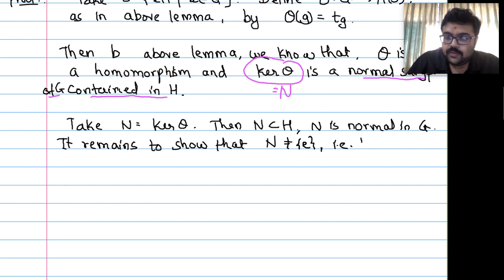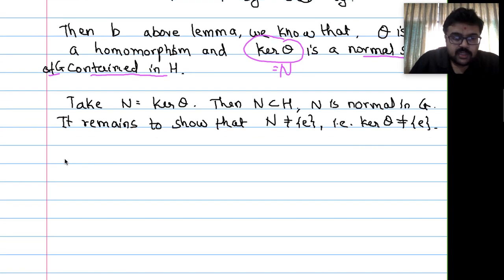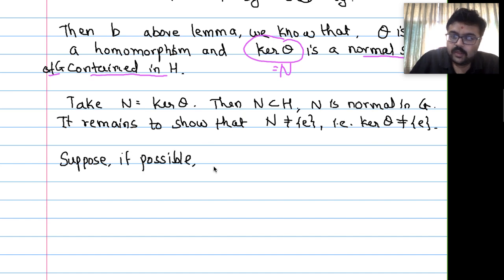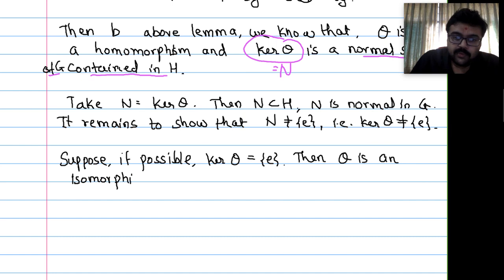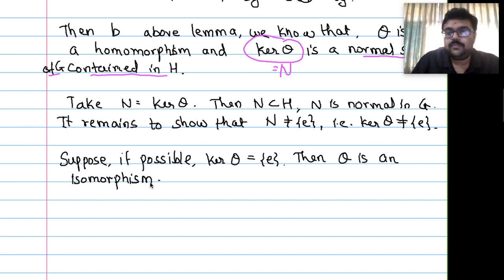So that is, kernel of theta is non-trivial. Suppose, if possible, kernel of theta is trivial. Suppose if possible kernel of theta, which we have taken n, suppose this is trivial, then that means theta is an isomorphism, because theta was already a homomorphism, and if kernel of theta is a singleton identity, that means theta is